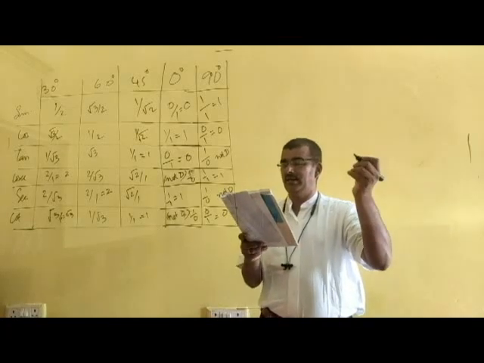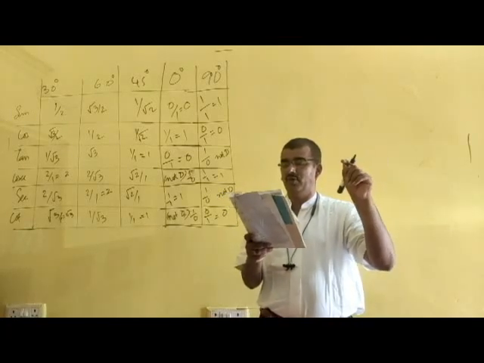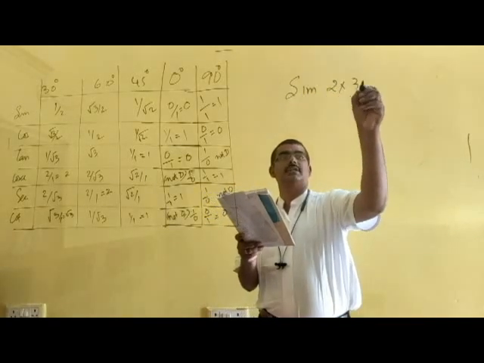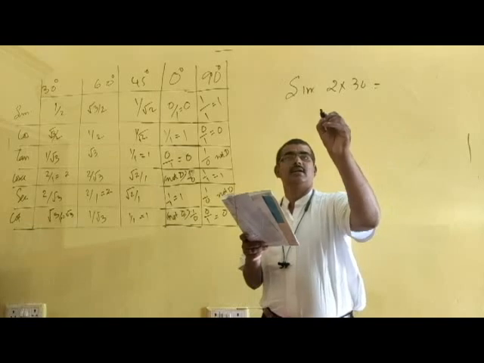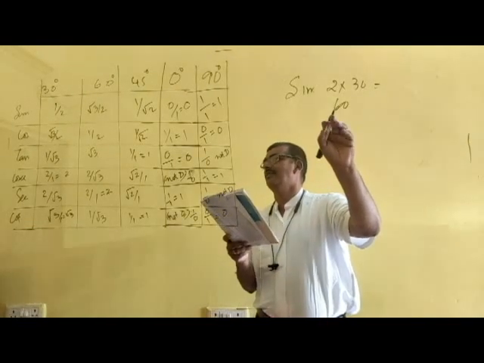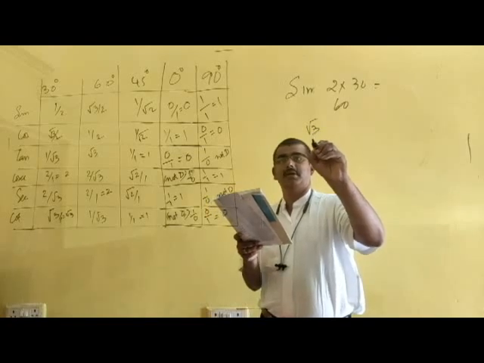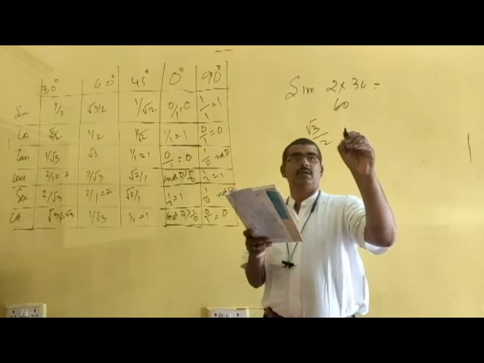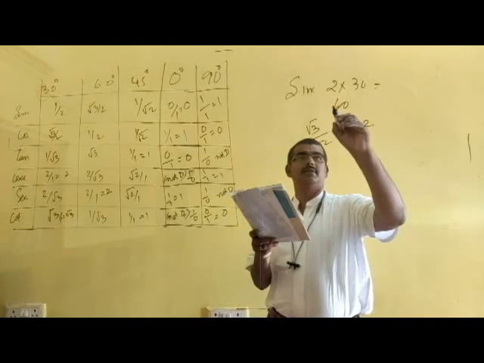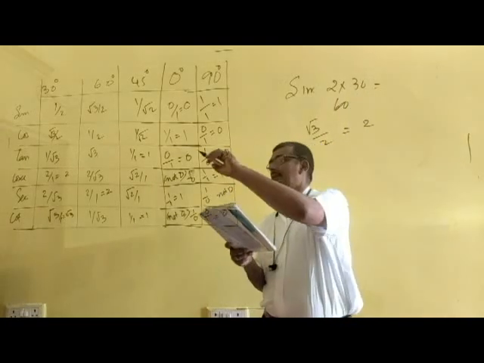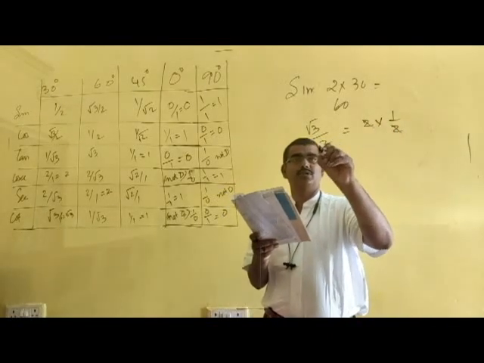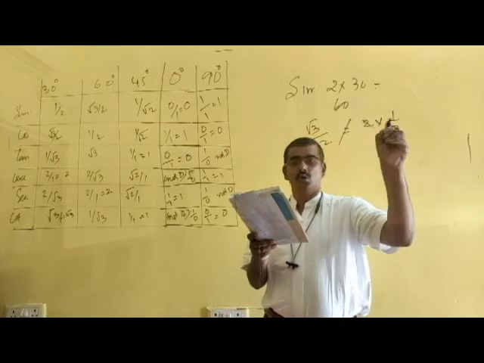If you take 30 degree for angle A, sin 2A means sin of 2 into 30, that is 60. What is the value of sin 60? That is root 3 by 2. Then 2 into sin A, 2 sin 30, sin 30 is equal to 1 by 2, 2 into 1 by 2, 2 and 2 cancel, that is 1. Root 3 by 2 is not equal to 1,